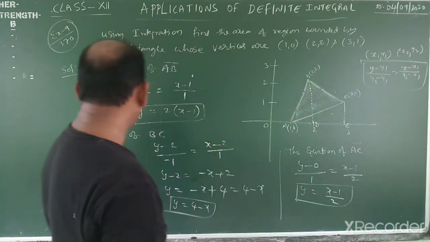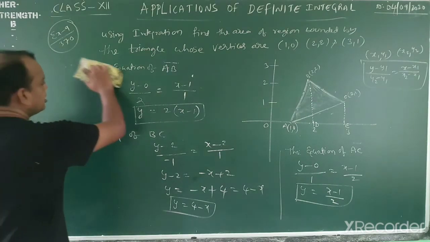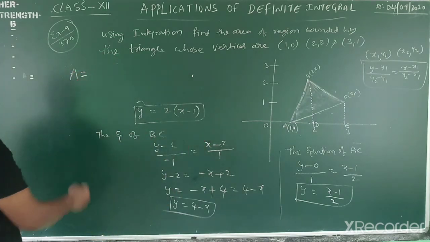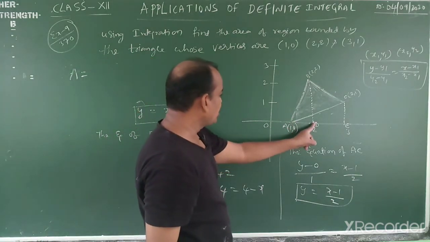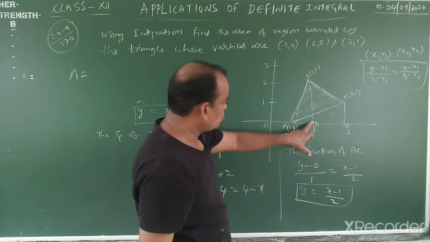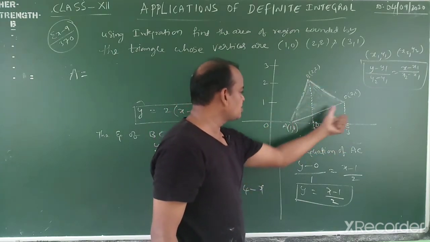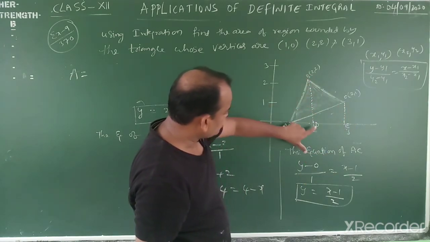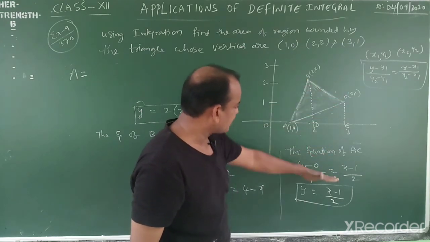Okay. Next, observe that clearly. Now, area. You want the area, already explained. Now, how to find the area? Already I know the equation of AB. First, I will find the area from 1 to 2, this is the equation of AB, and 2 to 3, the equation of BC. From 1 to 3 is the equation of AC, which is a subtraction. This part is subtraction. 1 to 2 means the area with the x axis, 2 to 3 means from here to the x axis. After that, this portion is neglected, means subtracted, and you will get this one.